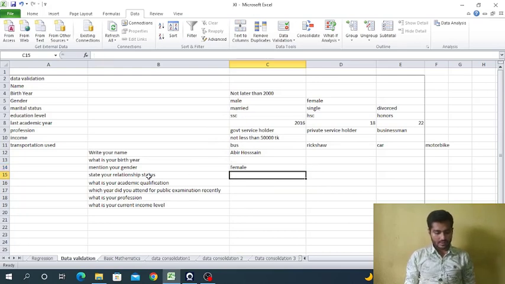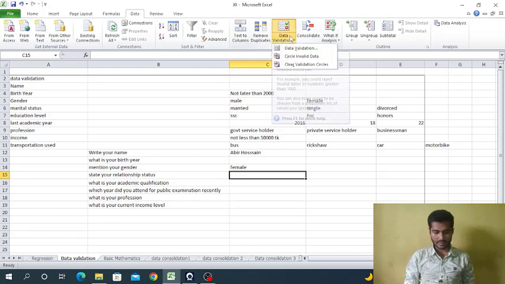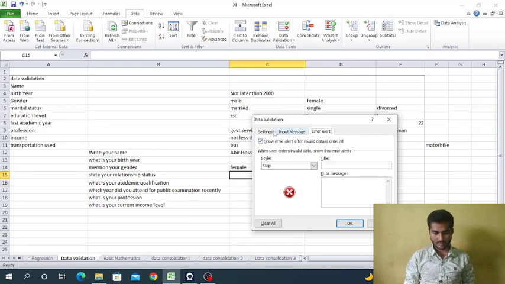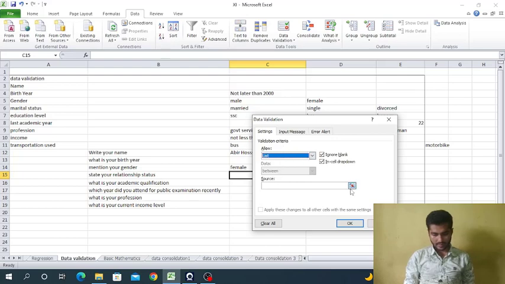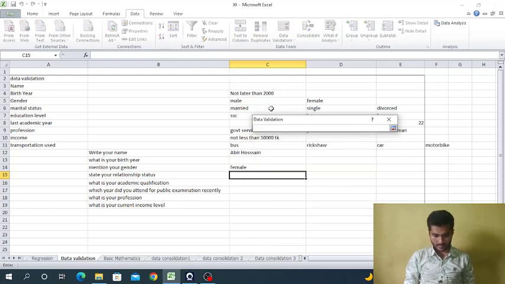Then another question is state your relationship status. We also validate this data by going to data validation settings. This is also a list, and the source is married, single, divorce.